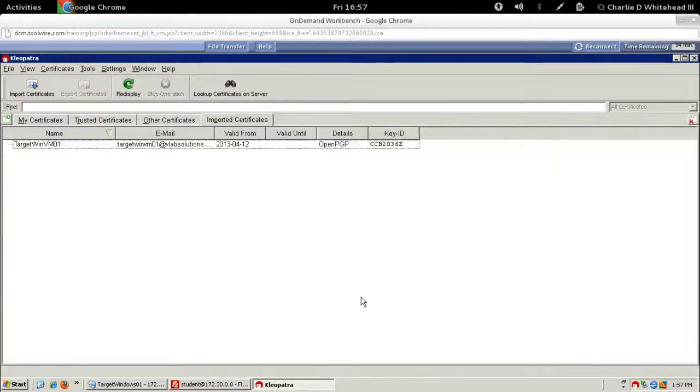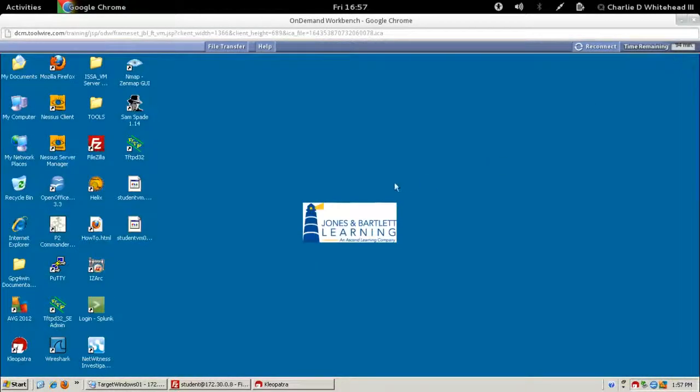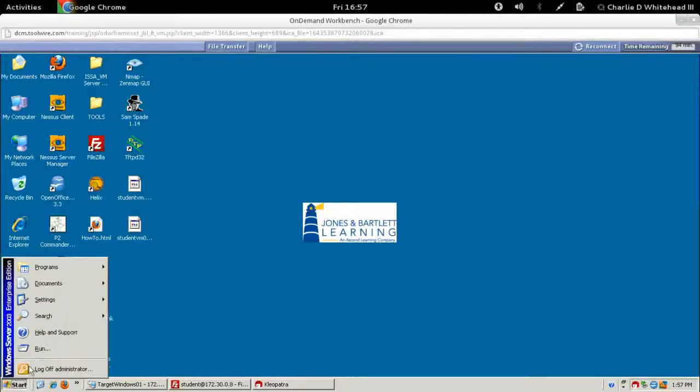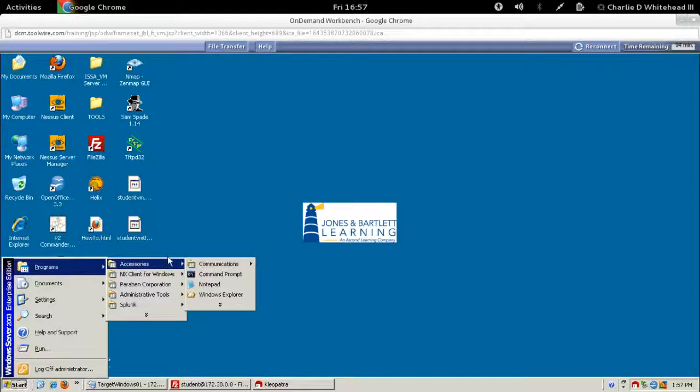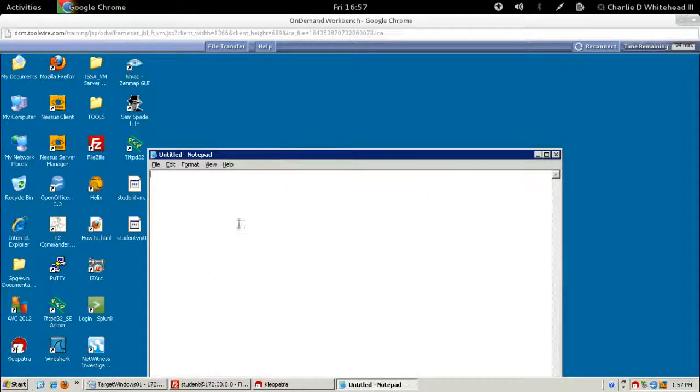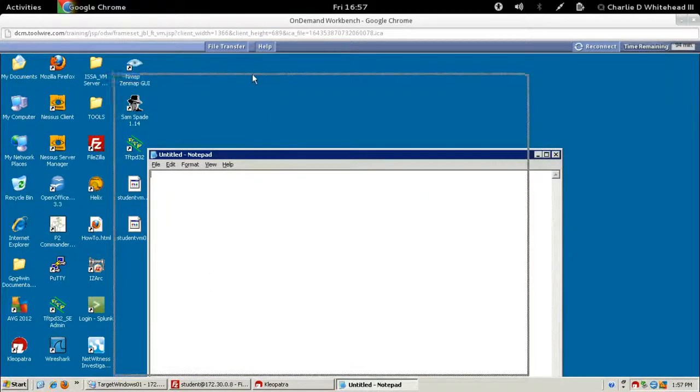Alright, now let's go ahead and, we don't need this up anymore. Let's go ahead and minimize this here. And now we're going to create a text file, and we're going to encrypt that text file. So go to the Start menu, Programs, Accessories, Notepad, and it's got a phrase for us to type in, which